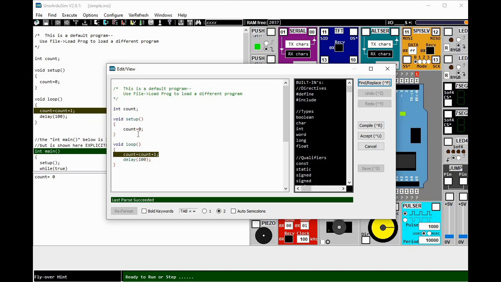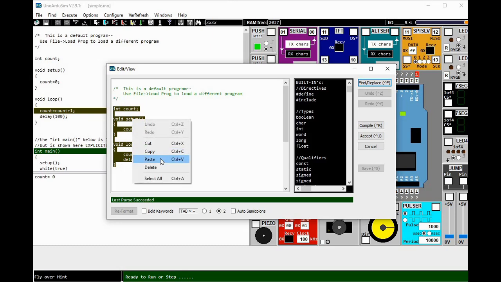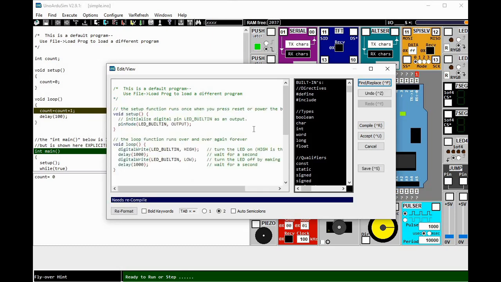For you to edit this, just highlight this part and paste the program that you have copied from your Arduino IDE.